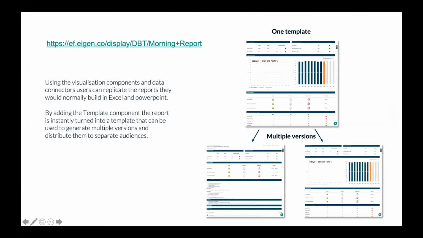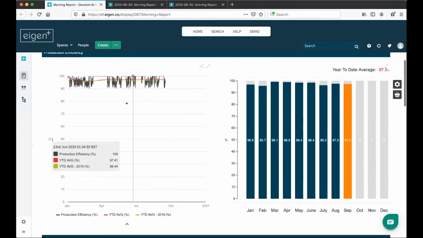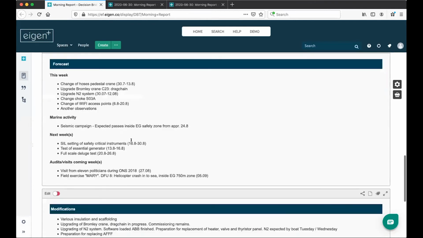Okay, yeah, let me just share my screen again. Okay, here we go. So basically, what I'm going to go through here is our morning report on the demo system. And basically what this does is it's a recreation of a lot of the reports that we see on our client system. So the benefit of this report is it's a collection of KPIs that we've seen, and it's also a collection of text inputs that